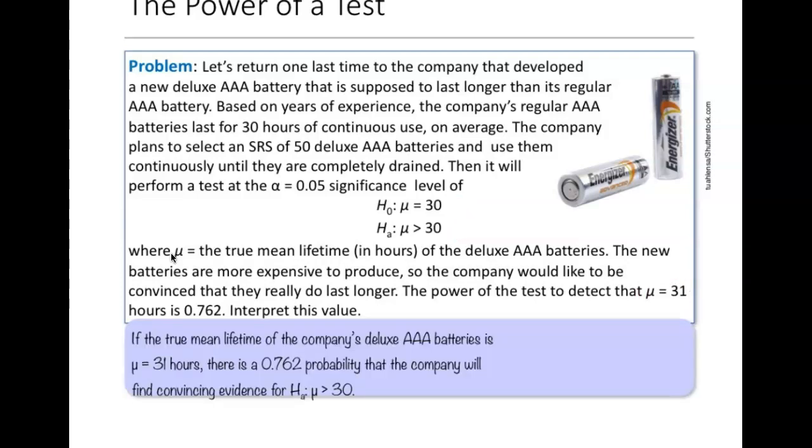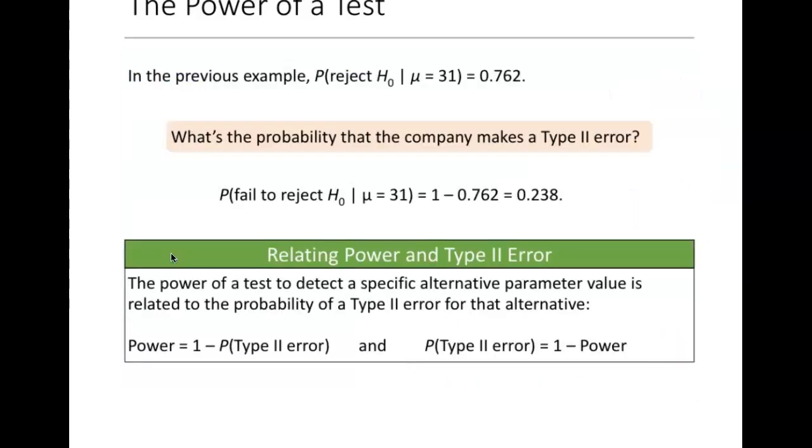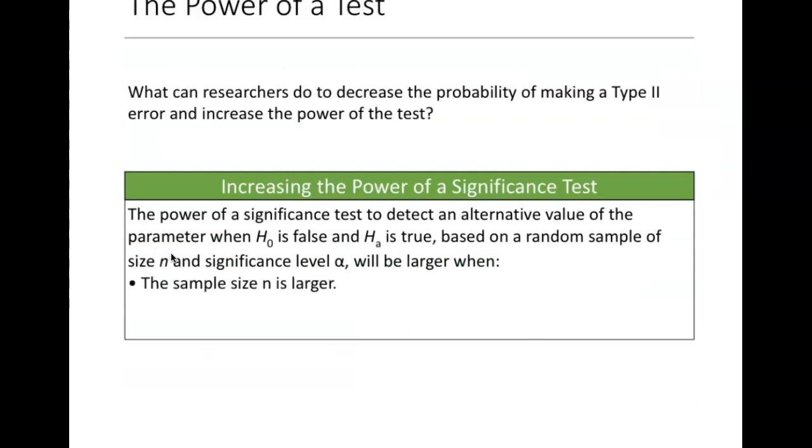All right, so how can we increase the power of a test? There are two ways to do it. You can get a larger sample size. A larger sample size gives you more information, making it more likely for you to find evidence and correctly reject the null hypothesis. Or when the effect size is larger,